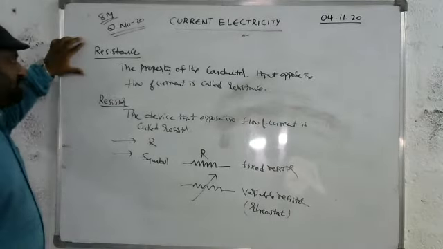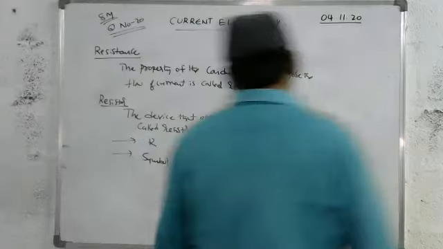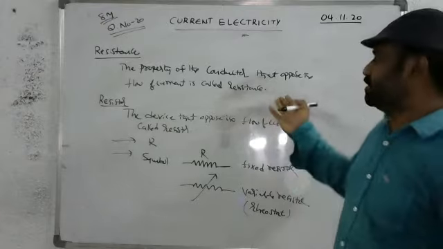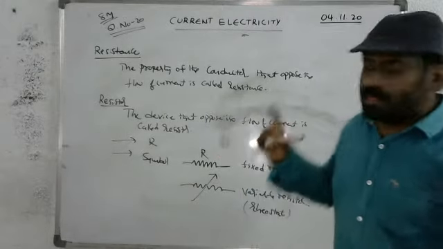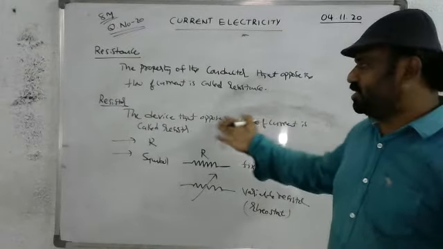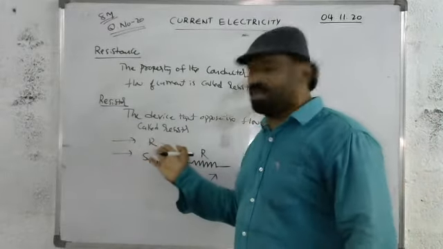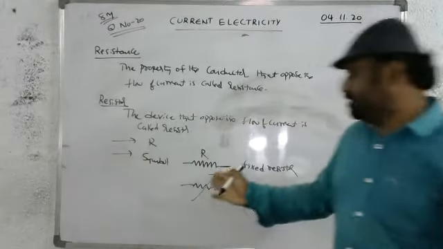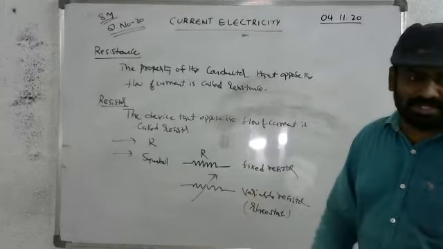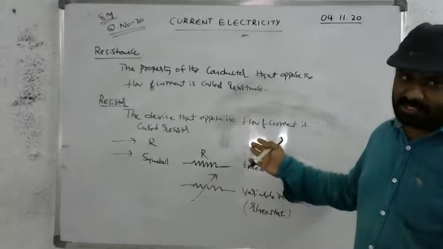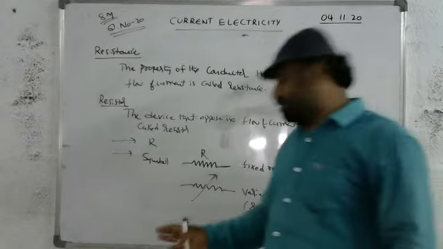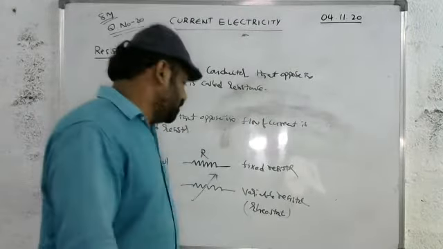Look here. What is resistance? Resistance is the property of the conductor that opposes the flow of current. What is a resistor? A resistor is a device that opposes the flow of current. Generally, resistance is represented by the letter capital R. The symbol for the resistance is like this. And by keeping an arrow mark here, it represents variable resistance. Fixed resistance means throughout the experiment the value of resistance does not change, but here it varies. That is called a rheostat.